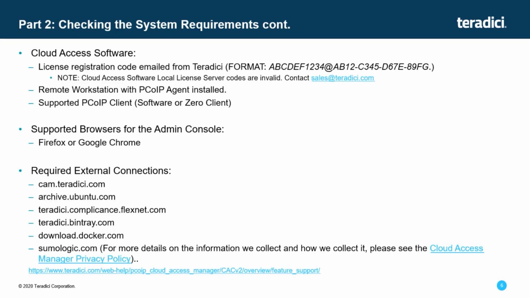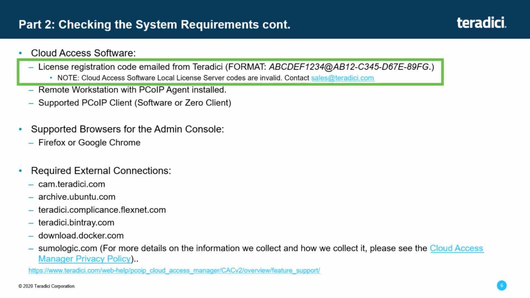Continuing with the system requirements, our Cloud Access software requirements. One of our Cloud Access software requirements is that you must have a valid Cloud Access software license code. The Cloud Access software code must be in a similar format to what is being shown on the screen. Teradici local license server codes are invalid for installing the Cloud Access Connector. If you have a local license server code, you will need to contact your Teradici sales team before continuing